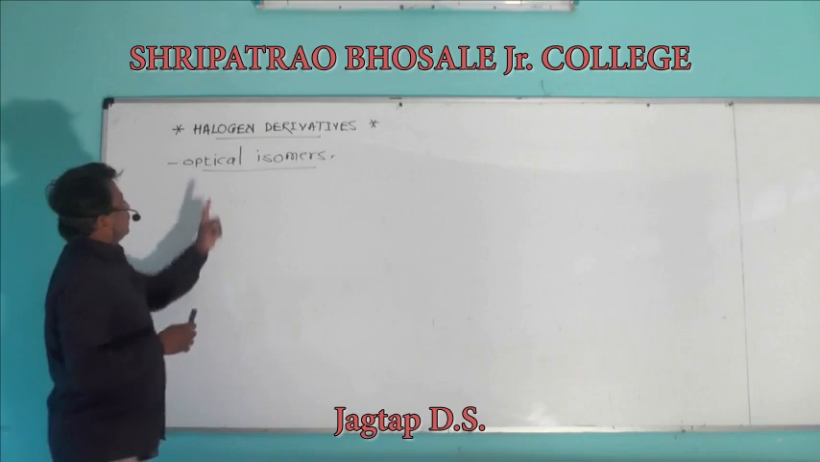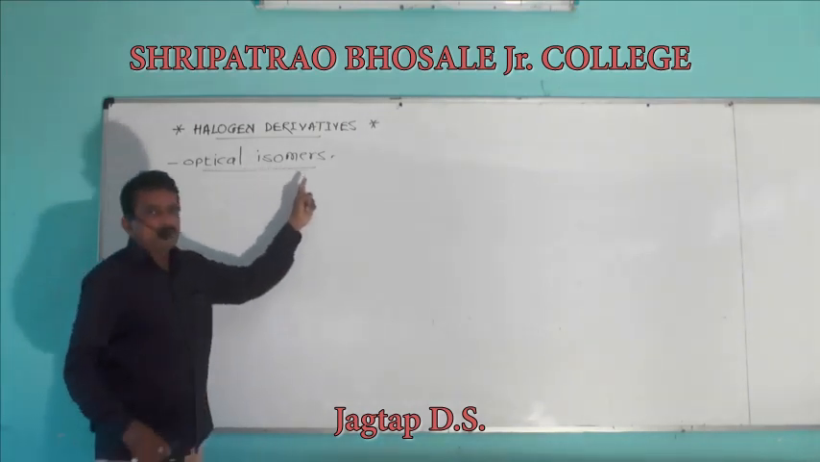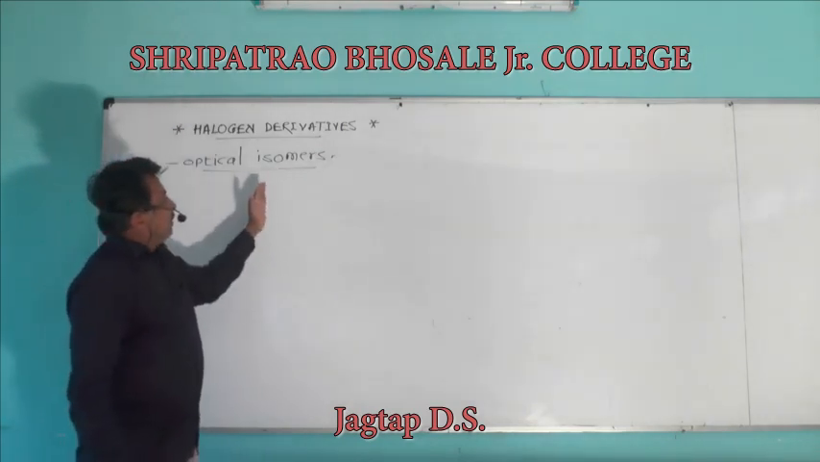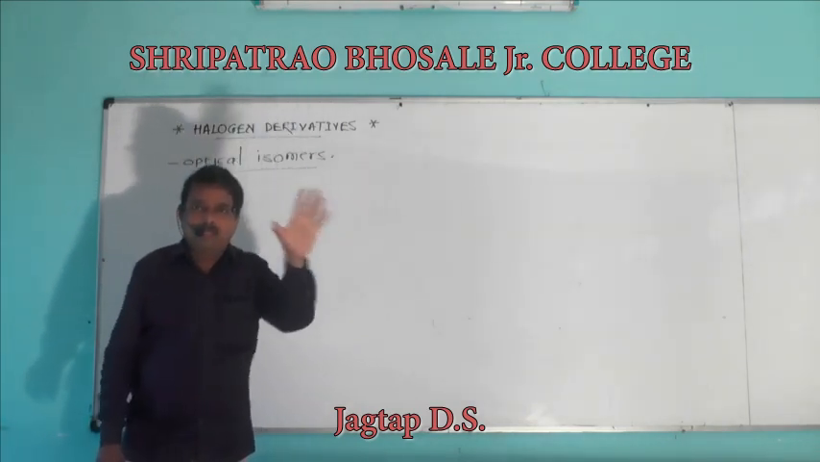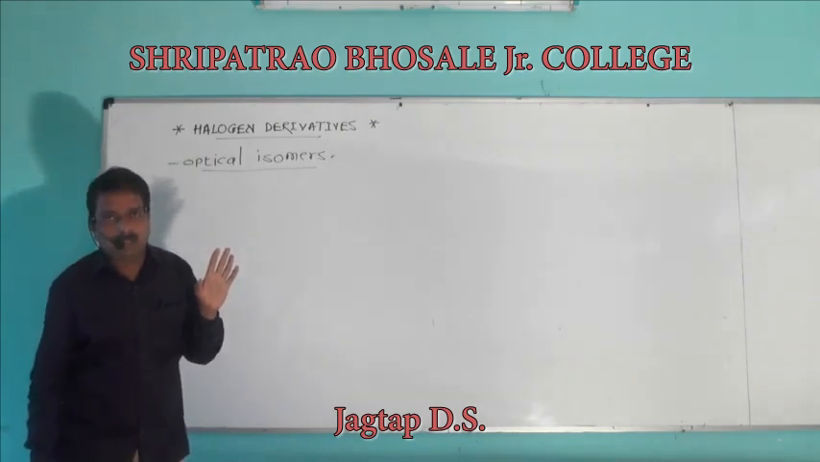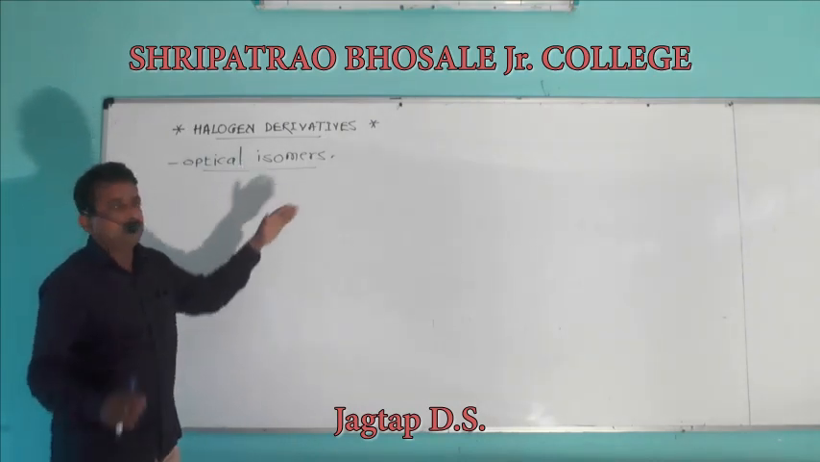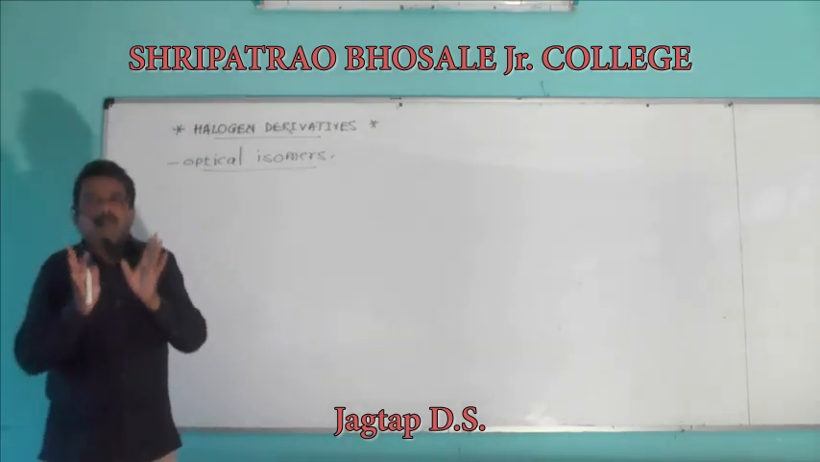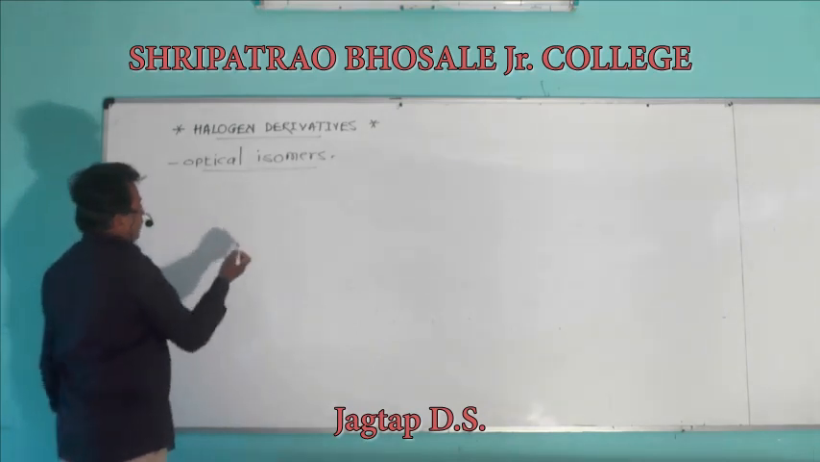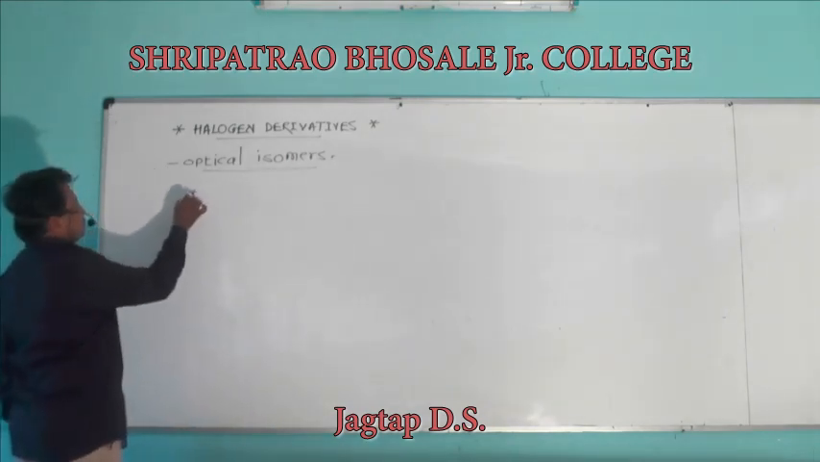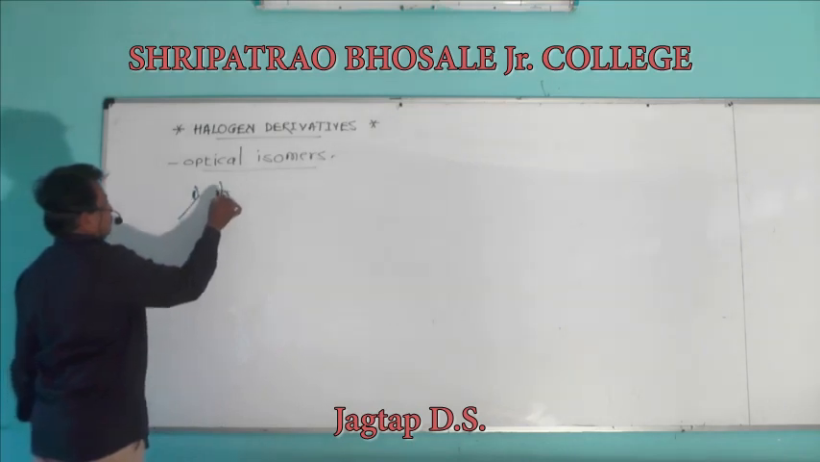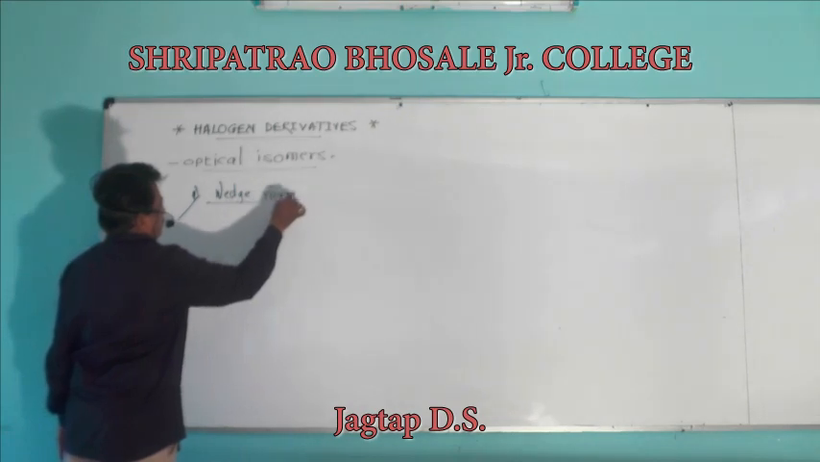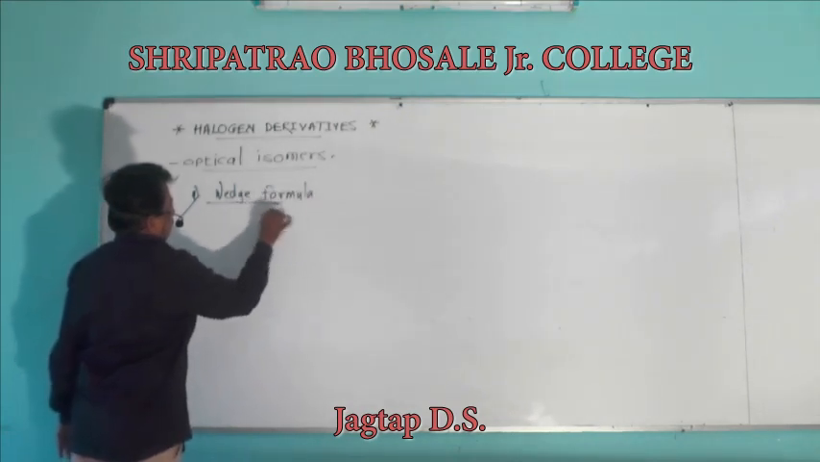Then, the optical isomers can be shown by which formula? They can be shown by the Fischer projection formula. That is, optical isomers may be represented by the Wedge formula as well as the Fischer projection formula. In Wedge formula,